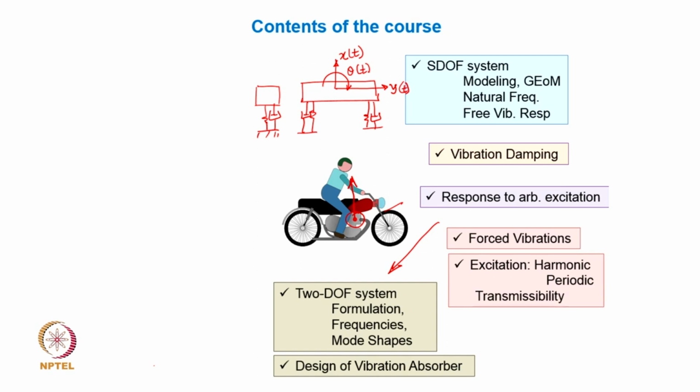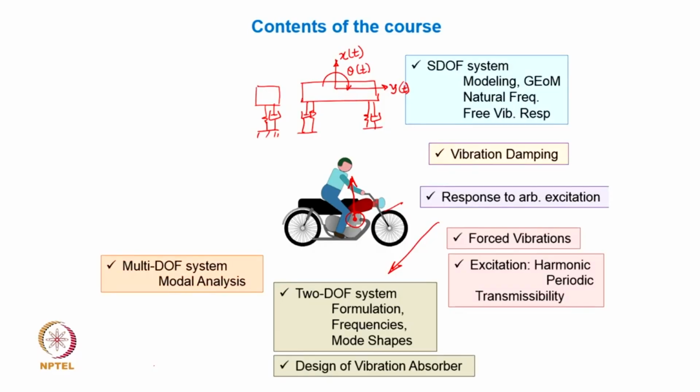So, we shall have a look at the design aspects of vibration absorber, what are the parameters which are important, how the typical practical vibration absorbers are designed, all of that we will be discussing in this topic. Followed by this, we shall go to and have a look if 2 degrees or 3 degrees are not enough for a practical vibratory system,